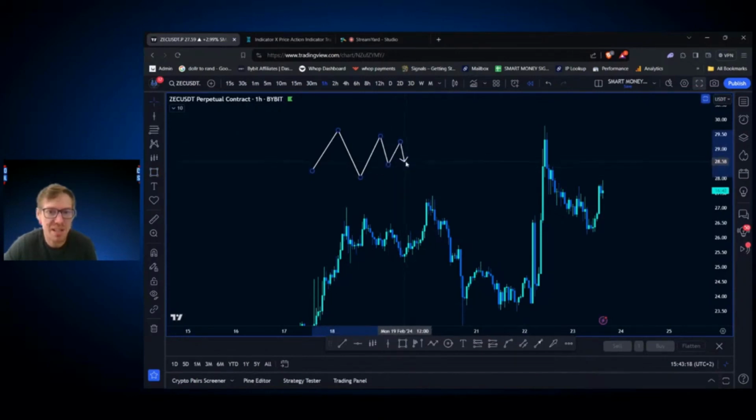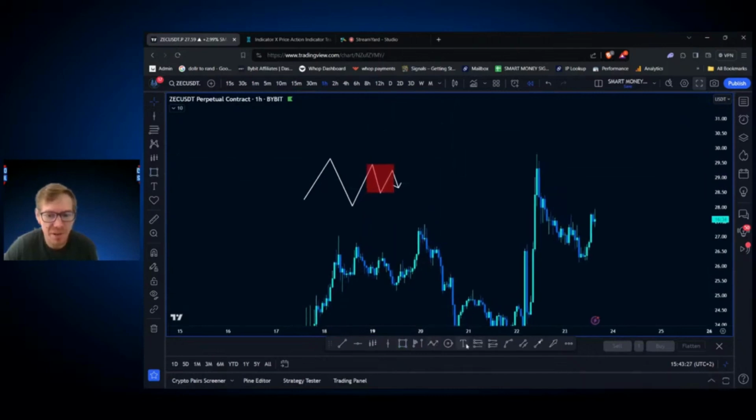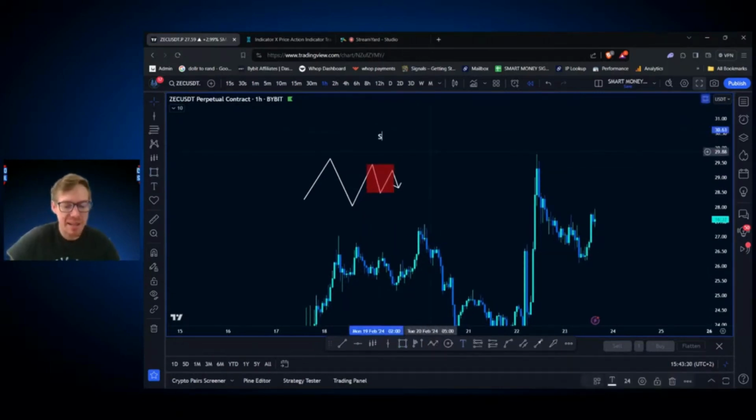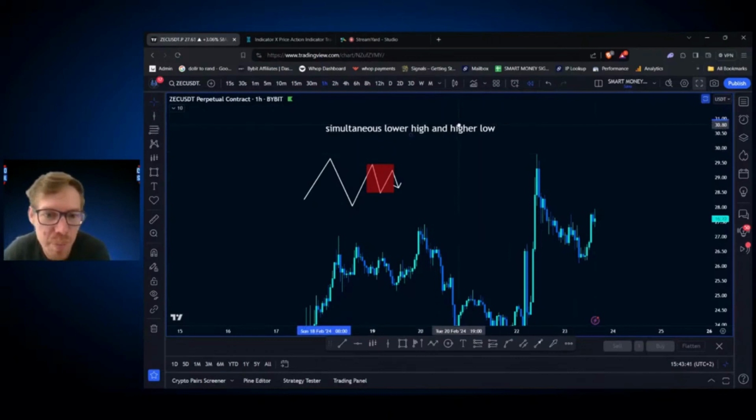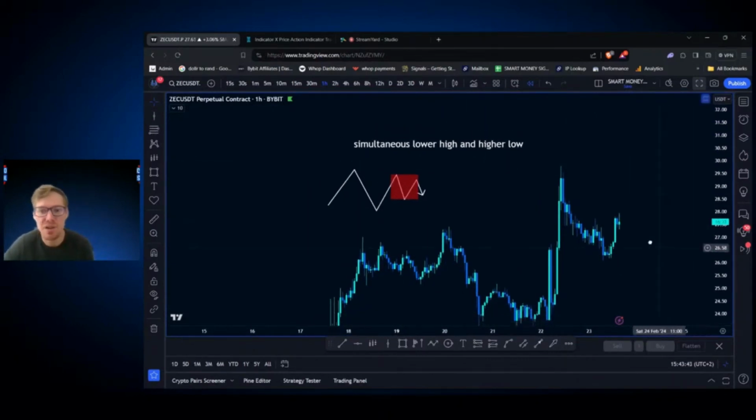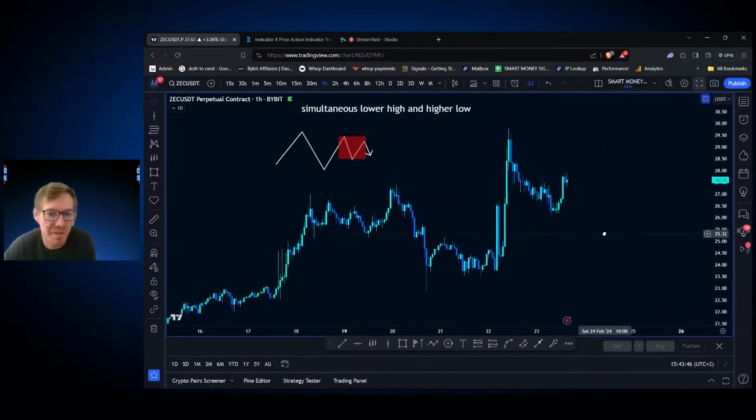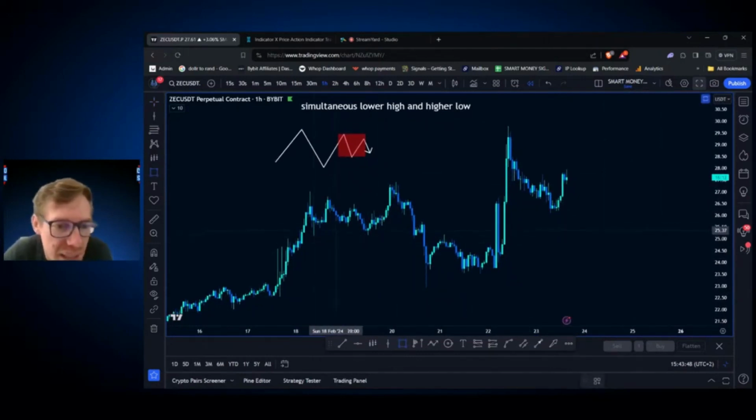Can you see, guys? It's basically when we get a squeezing of price. We got a higher low and a lower high. So I'll write it out here for you. It's when we get a simultaneous lower high and higher low. This is letting us know price is going into contraction, and the contraction phase is giving us information of the value line. If I look on the chart, here would be a higher low and a lower high, because